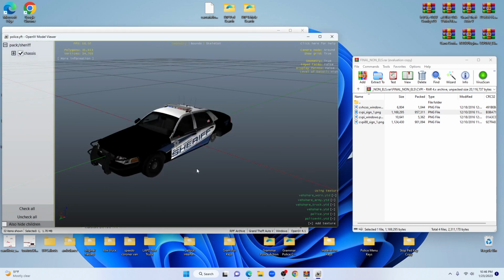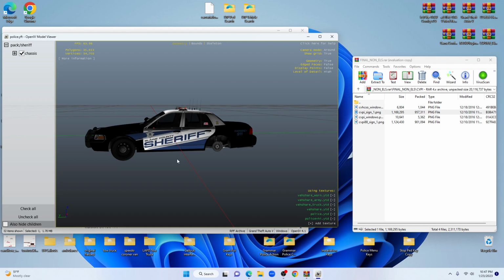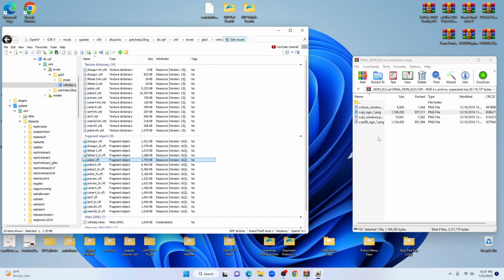Police.yft. Hey, wait a minute. What the heck? It's not. It should say Houston Police Department in black and white. Now, if you remember, there were 4 files over here, as opposed to the other one, there were 3 files. Remember the plus hi.ytd. So you have to go back up, and you have to not only make those corrections in police.ytd, sometimes you have to come down to police plus